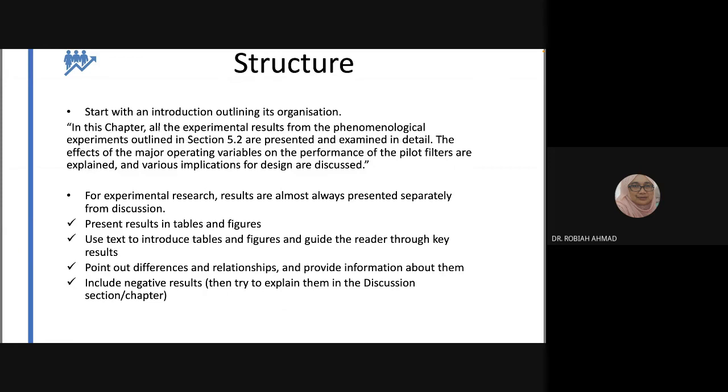Chapter 1, chapter 2, chapter 3, and now your chapter 4 should have an introduction outlining the chapter. Usually for results and discussion, sometimes students put everything in one chapter. Katakan chapter 4 tu semualah results dia. Katakan dia ada banyak